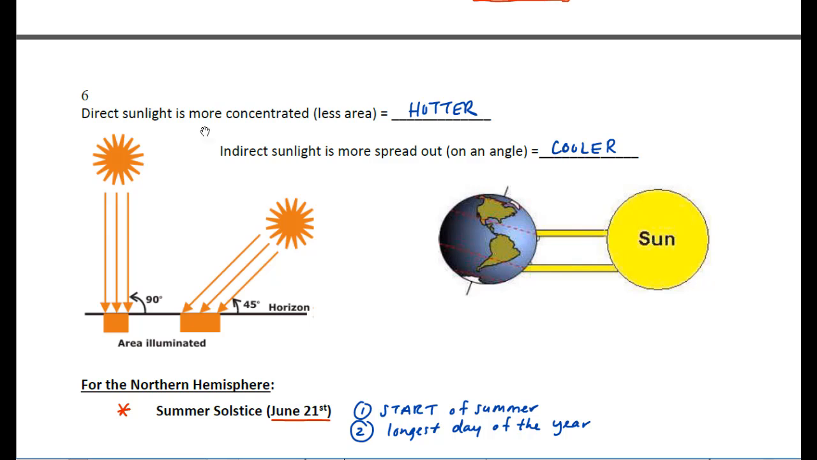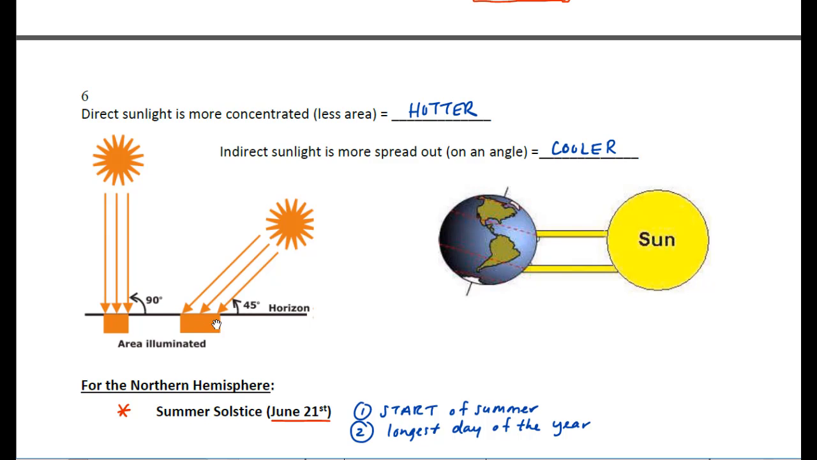Now, the more direct the sunlight is, so if you're hitting straight down, then you'll see that it's the same width between these rays, but it only hits a very small area. Whereas if you have the same width between the rays, but you have it at an angle, you spread out that light. So this is lots of heat in a small area, so that'll be much hotter. And then same amount of light, but spread out over an area, means the temperature will be lower in that